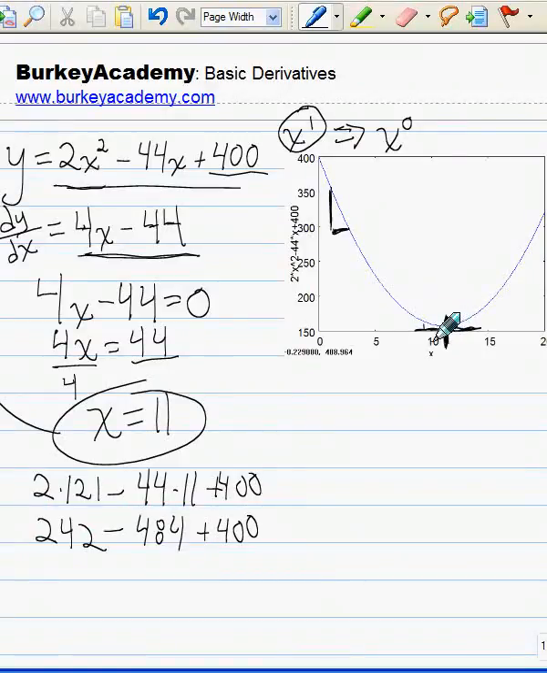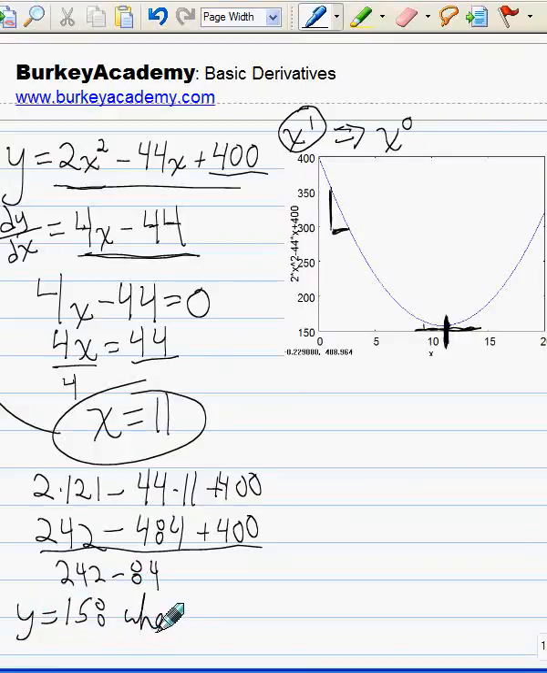Well, let's look at the graph. I always like to get an estimate from the graph. Somewhere around maybe 155 or 160. So what are we going to get here? Well, the 400 and the minus 484, that's minus 84, so we're going to be left with 242 minus 84. Let me grab my calculator and see what that's going to be. 242 minus 84, 158. 158 is y equals 158 when x equals 11 at that bottom point of the parabola